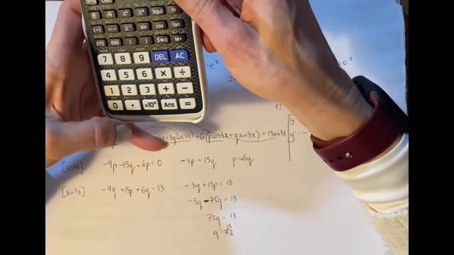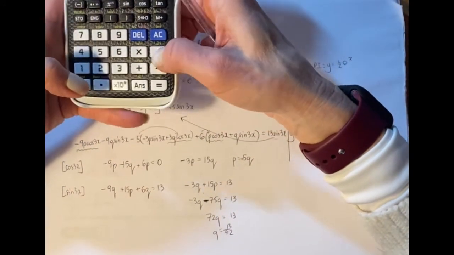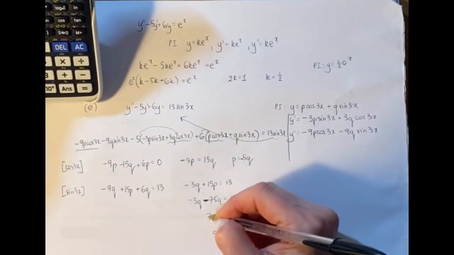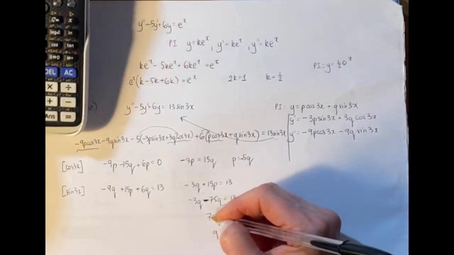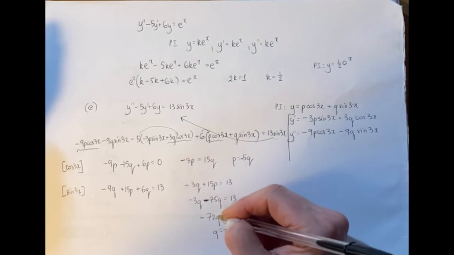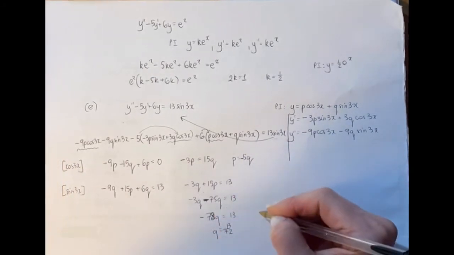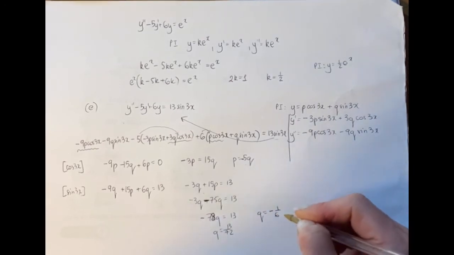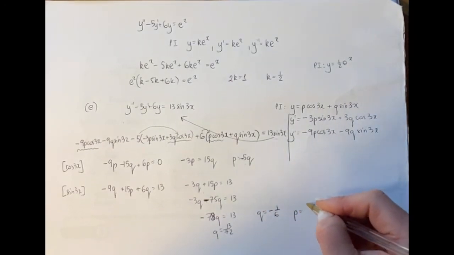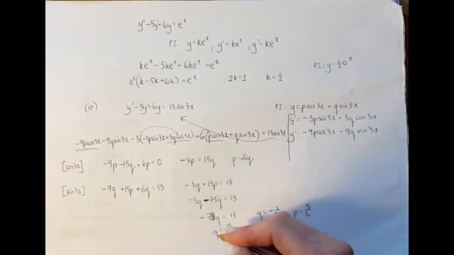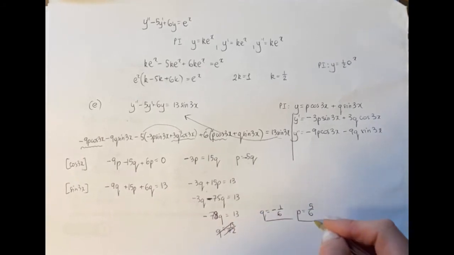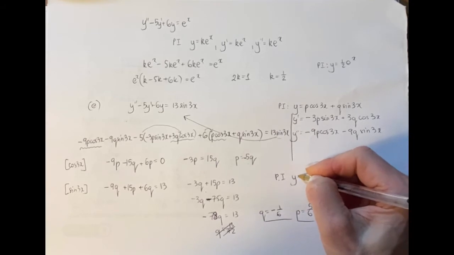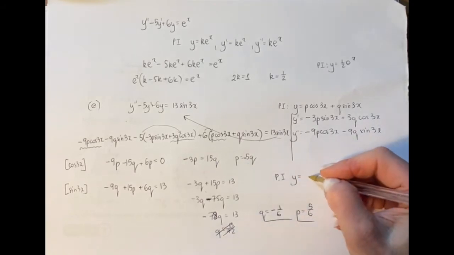Just double check. 13 divided by 78, 1/6. So that's minus, giving me Q is equal to minus 1/6. So P will be 5/6. That's better. Okay, so that means the particular integral for this equation is going to be